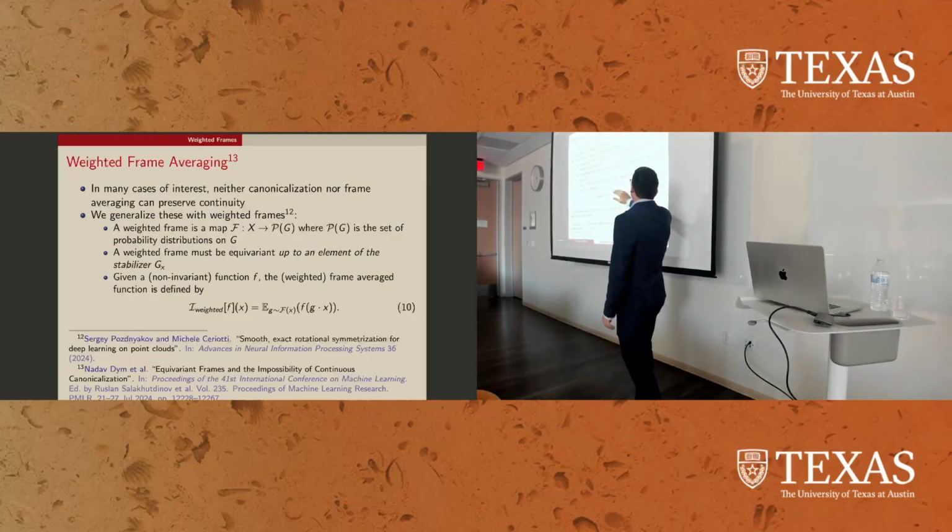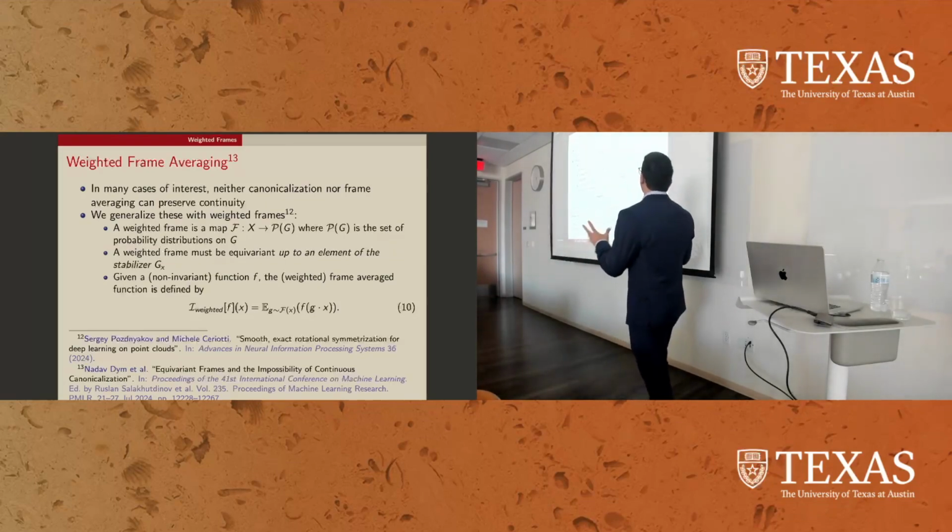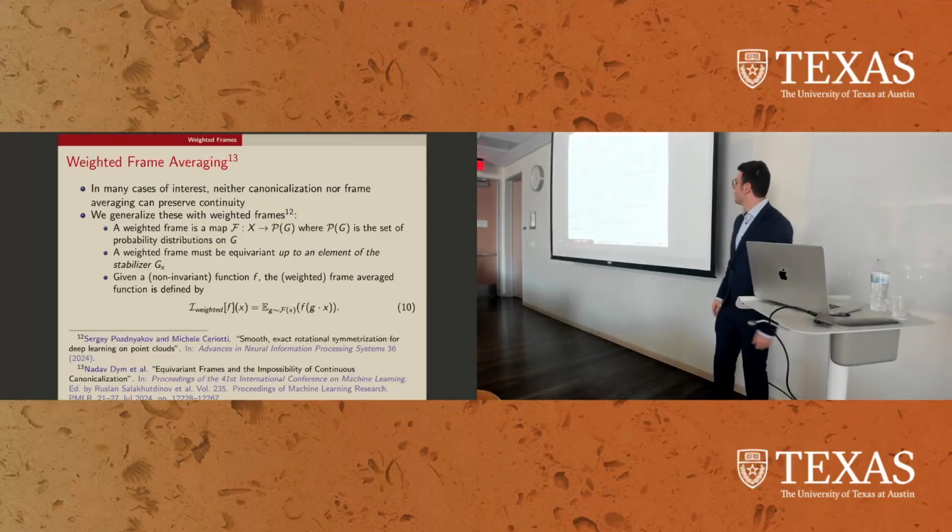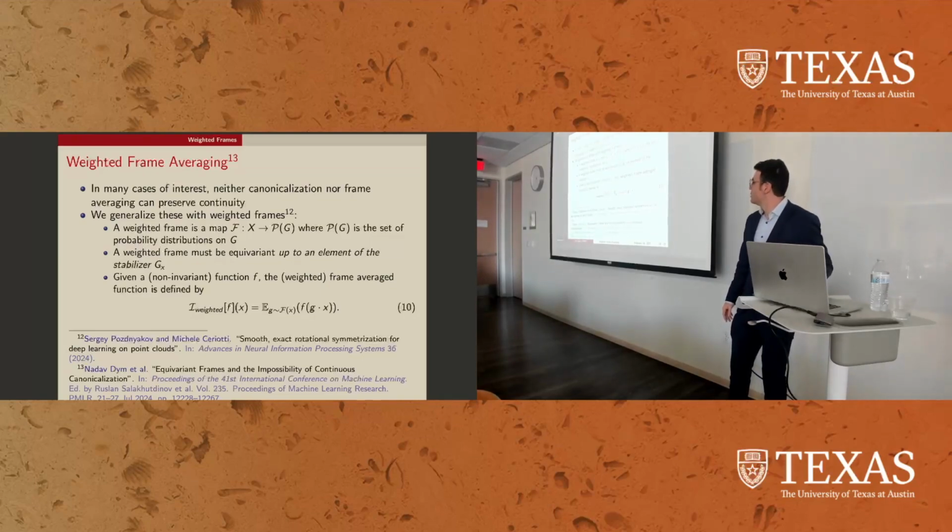The condition that gives you an invariant function is basically that this weighted frame has to be roughly equivariant up to an element of the stabilizer. That's essentially what it means. So I won't write down exactly the conditions. They're a little bit technical, but not very difficult. The main point is, however, that,